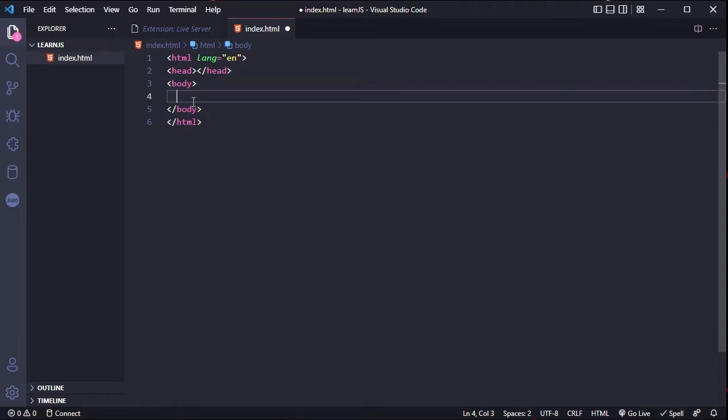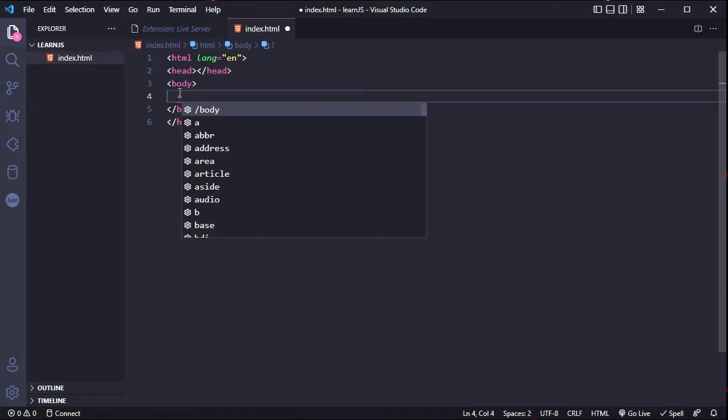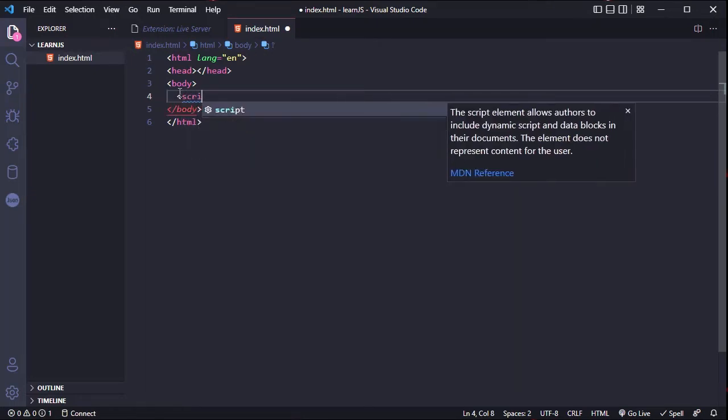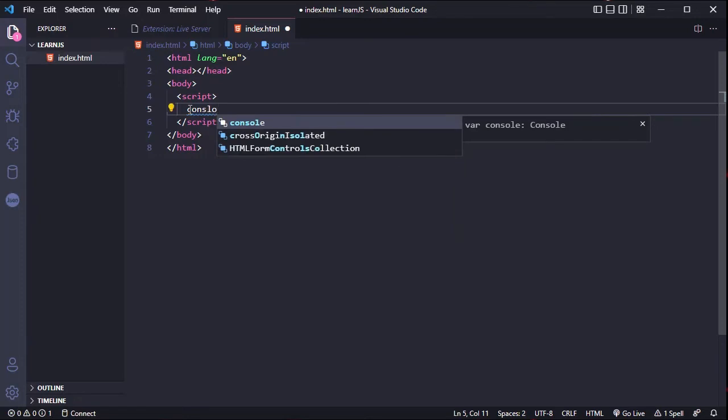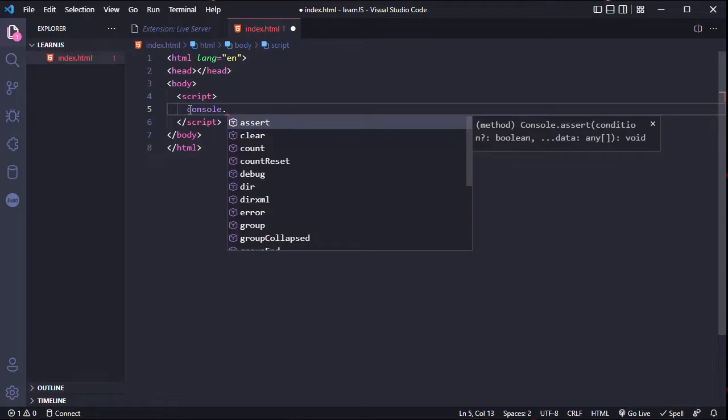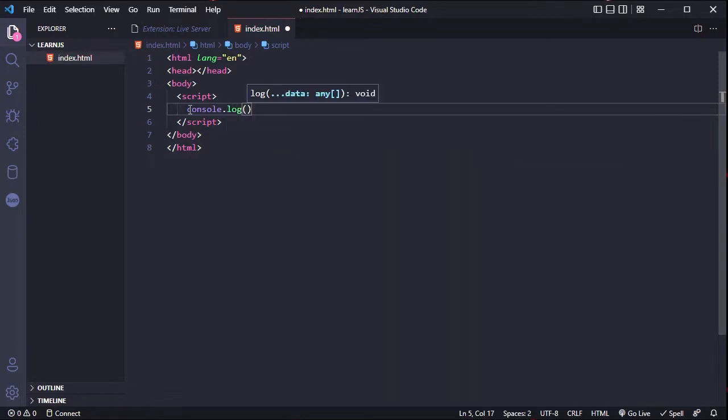So in order to invoke a JavaScript in HTML, we need to do a script tag. So open, I guess they call that the less than, the word script, and then close, or the greater than sign. And you would just enter your JavaScript here. So we could type console, and it has this nice autocomplete to help you spell right, and then log. And we can say I work,